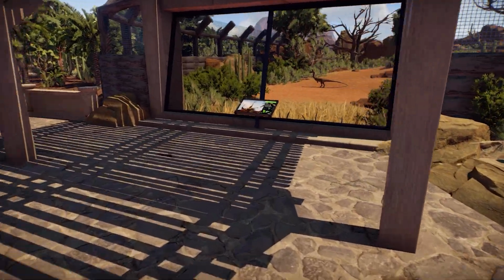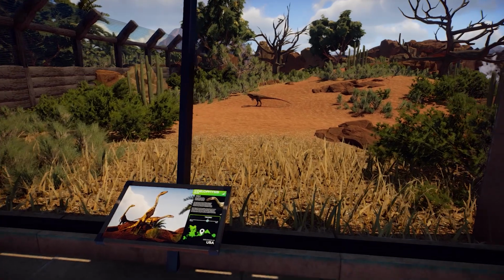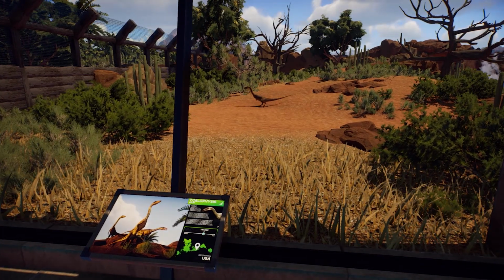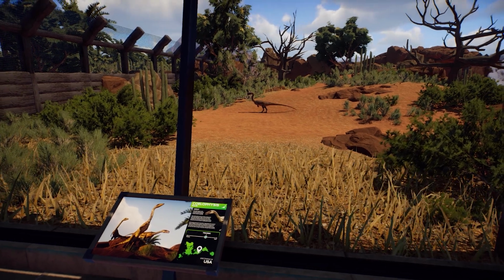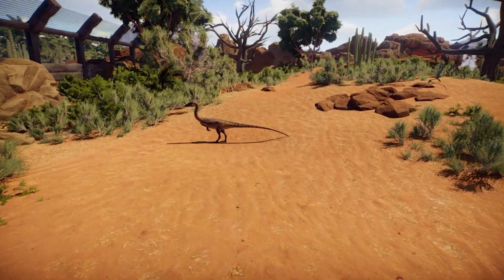And then here is the... oh, there's one right there for our viewing pleasure. Hello, mate. Oh, it's chasing its tail. That is a super cute animation. Alright, and then we'll head on into the habitat here, and we'll just go for a little wander around the